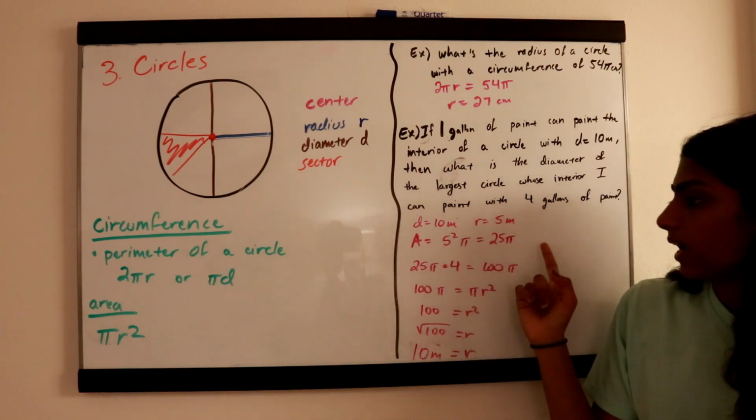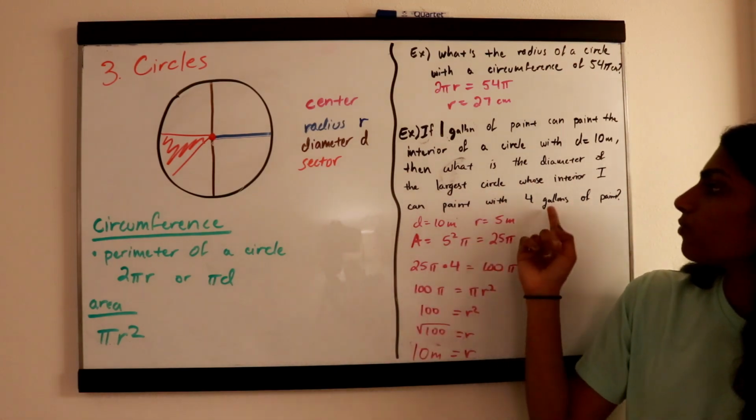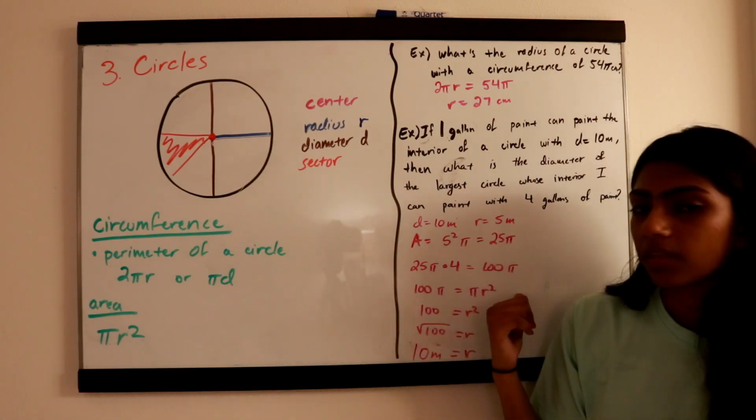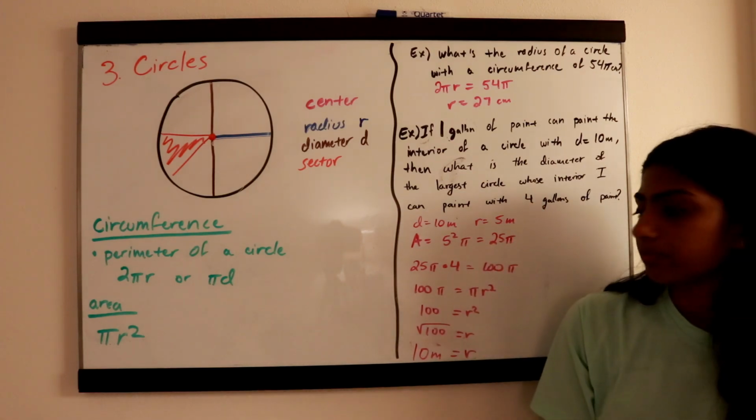So 25 pi. Then what we're going to do is 25 times 4, because we want to do it times 4 gallons, and this is just for 1. So 25 pi times 4 equals 100 pi. Now 100 pi is going to be the area of the circle with 4 gallons, and we want to find